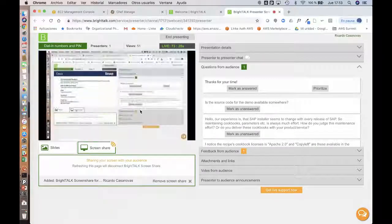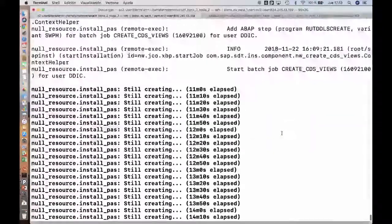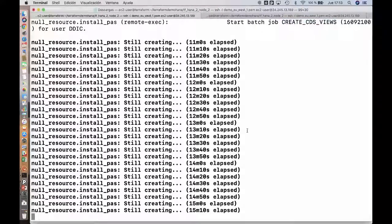Okay, let's see how we are doing. Still, we're working here with the final stages of the installation, creating CDS views. So hopefully